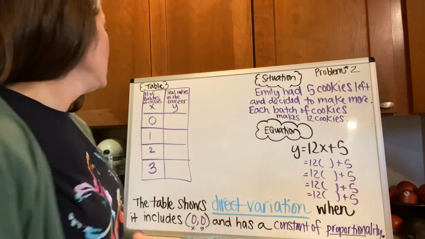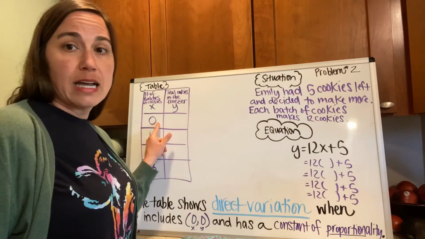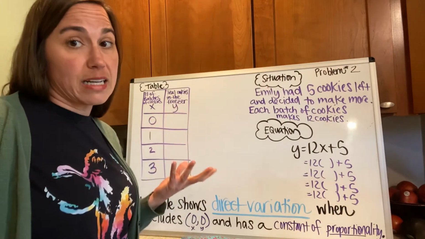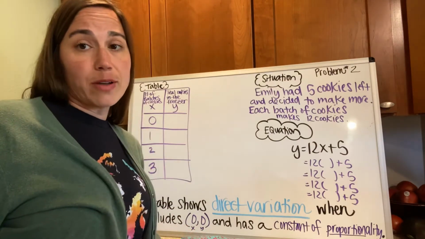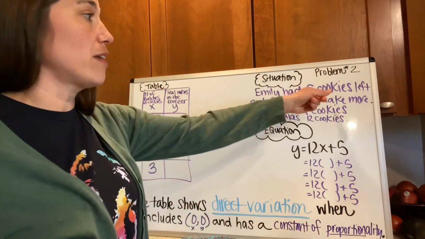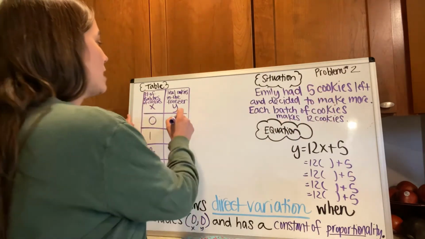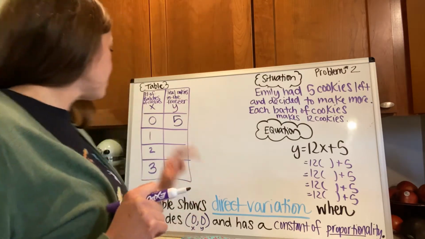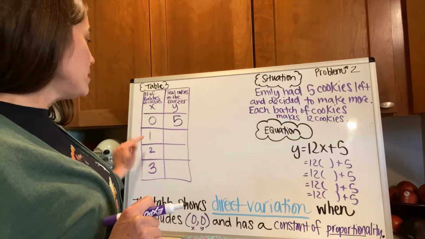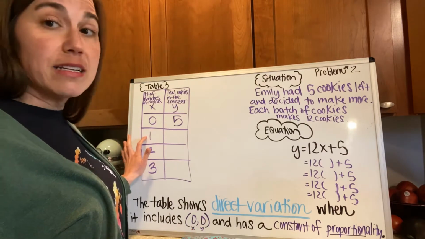So if I made 0 batches of cookies, I have to think, well, what is that going to give me? Well, if I made 0 batches and I didn't have any to start with, then I would have 0 cookies. But remember, I had 5 cookies still in the freezer. So if I made 0 batches of cookies, I'm still going to have the 5 that were in the freezer. Okay? Now, if I decided to make 1 batch of cookies, what that's going to mean is that I have